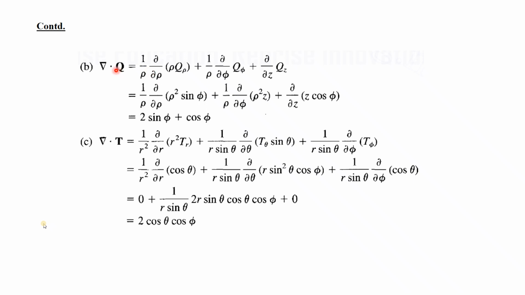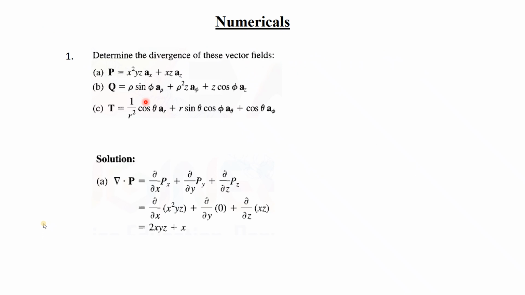Now for this case, don't make a mistake. Don't write the equation for the Cartesian coordinate system, because always remember, when you are performing the divergence of a vector, you have to see which coordinate system that vector is in. If it is in the Cartesian coordinate system, then the del operator equation will also be in Cartesian, and the dot product will be in Cartesian. If it is in spherical, it will be in spherical. If it is in cylindrical, it will be in cylindrical. So you have to write the correct equation for that. Okay, so this is the correct equation.